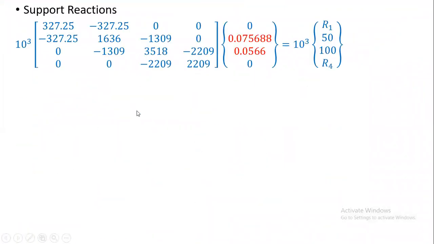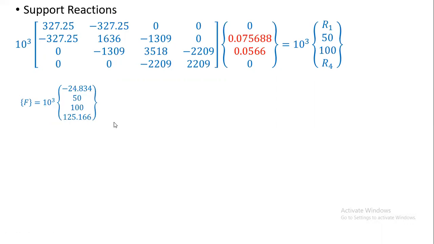When you solve the first and last equation, you will get a force matrix. This is the force at node number 1, that is support reaction at node number 1, and this is support reaction at node number 4.